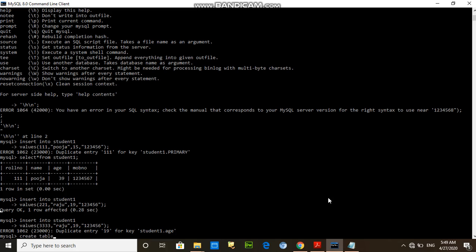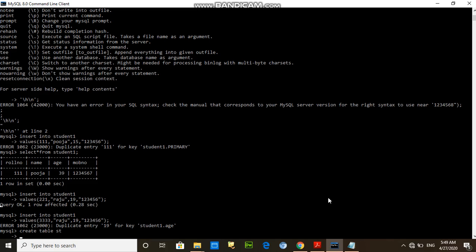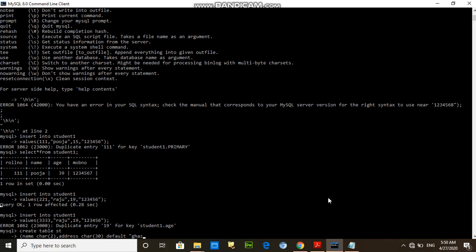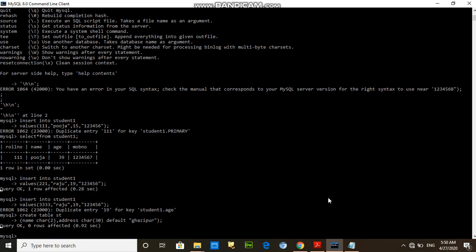Create table, table name st, first is name char 20 and address char 30 and default Gazipur.